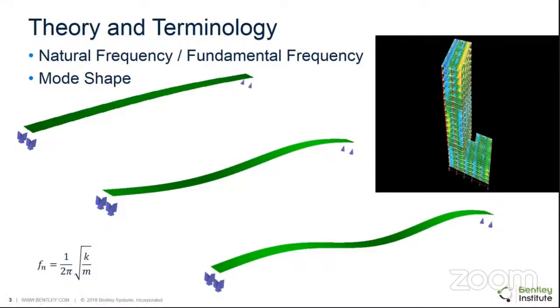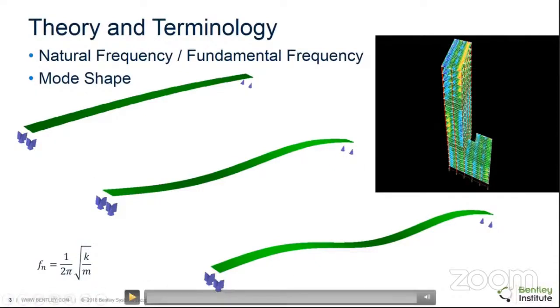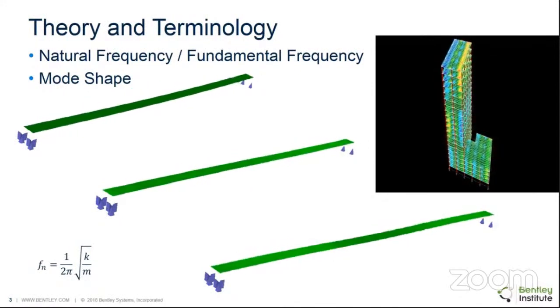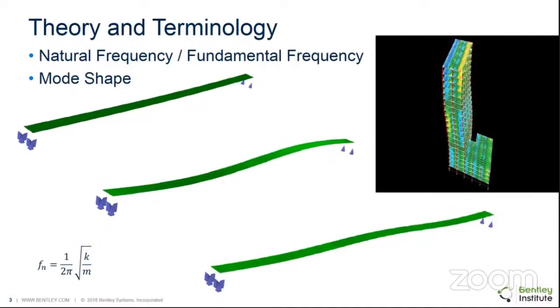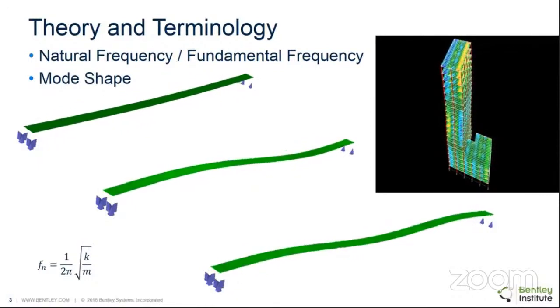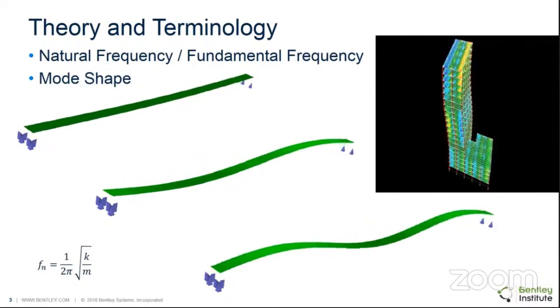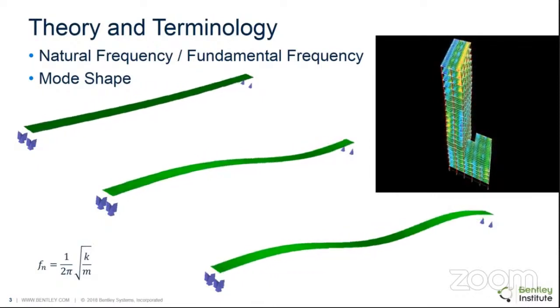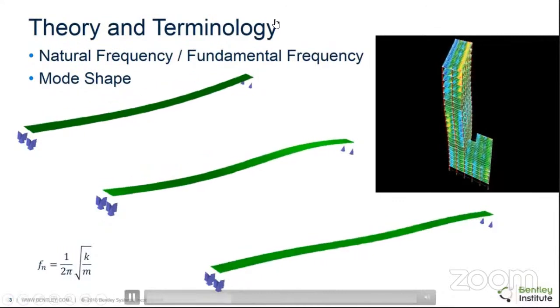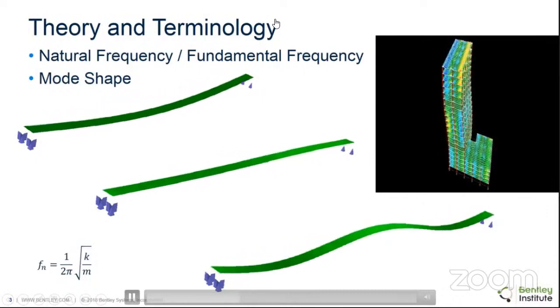So look at this carefully. I hope you can see that screen. Every structure has natural tendencies in the way it tends to vibrate. And it's an inherent property of the structure, just like concrete strength or density. If we look in the lower left-hand corner, you'll see a formula for natural frequency. This is for a simple single degree of freedom system, but I wanted to point out the relationship between natural frequency and stiffness and mass. So you'll see that natural frequency is generally proportional to the stiffness and inversely proportional to the mass. We can also calculate natural frequencies for more complex systems. Even a simply supported beam has many natural frequencies and mode shapes. The natural frequency is just the frequency at which it oscillates, and the mode shapes are the